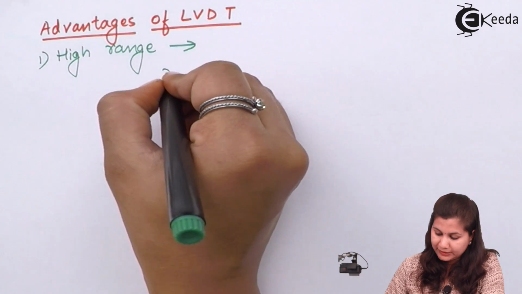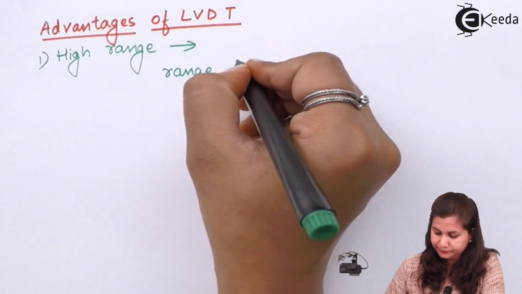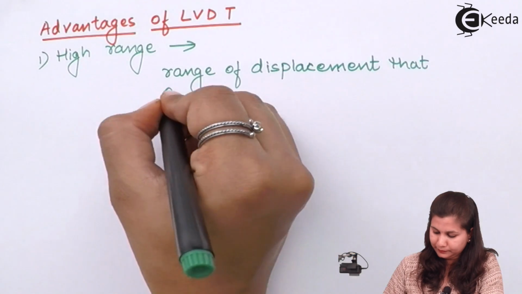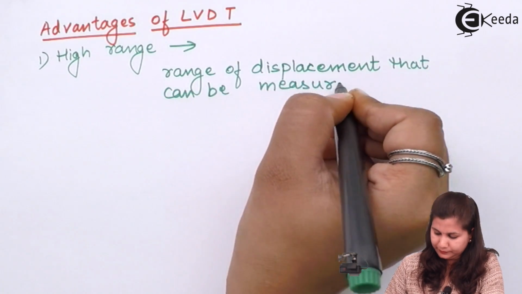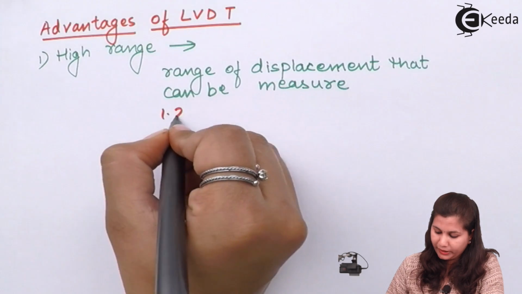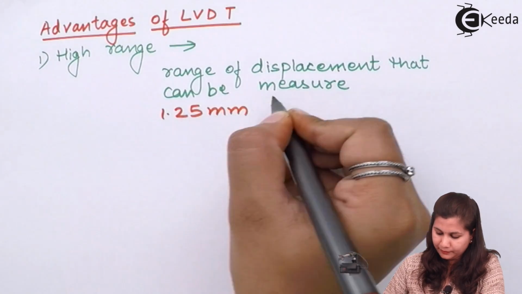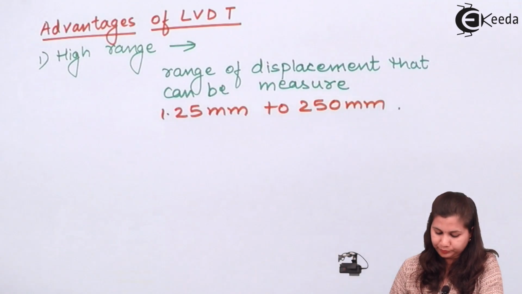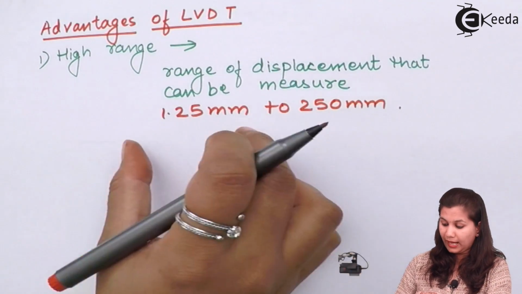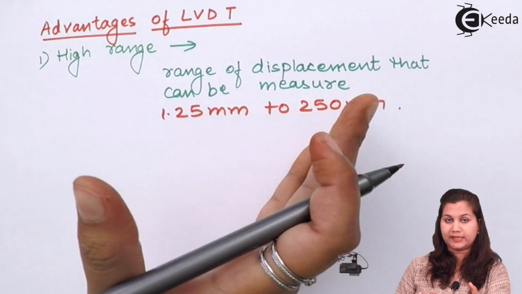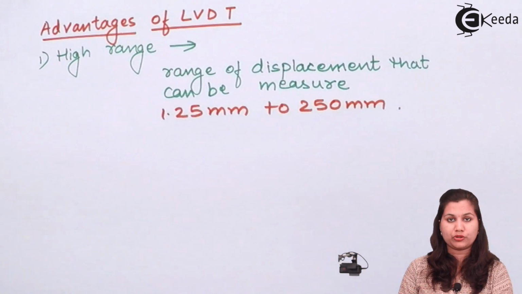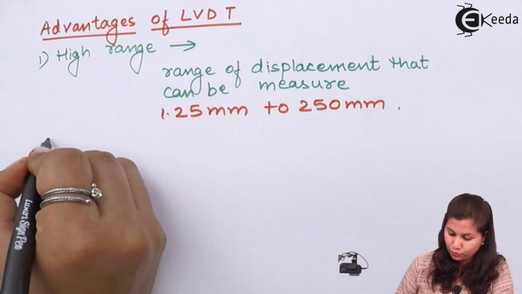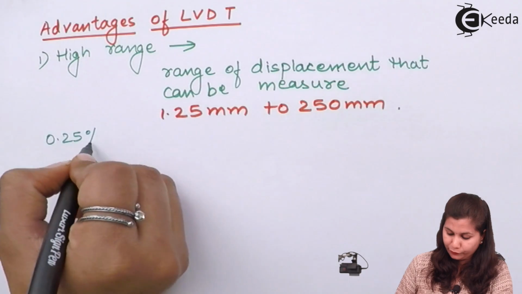This range of displacement measurement is 1.25 mm to 250 mm. Okay, so this high range of displacement is providing a very good range to be measured from the LVDT, and also with a 0.25% full scale